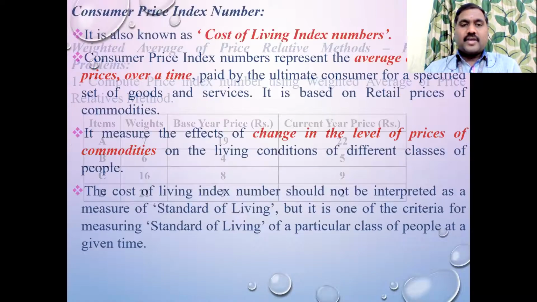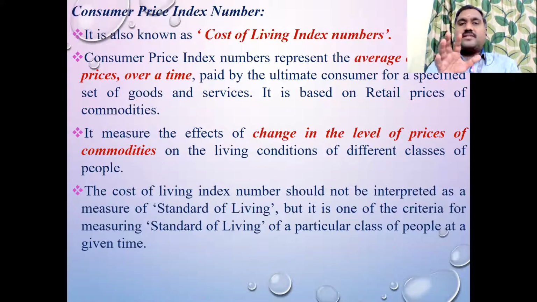And the next concept we discussed today is the consumer price index number, right? Already told you, index number is just going to compare the changes in the price, or any other things, depending upon the different time period or the different location. Similarly, if you are measuring the changes according to the lifestyle of the people and their cost of living index, that comes under the consumer price index number.